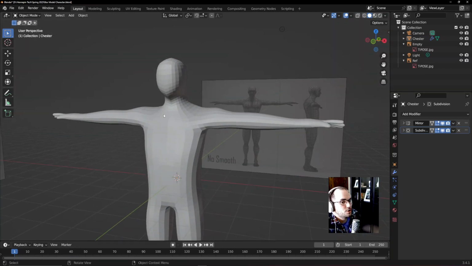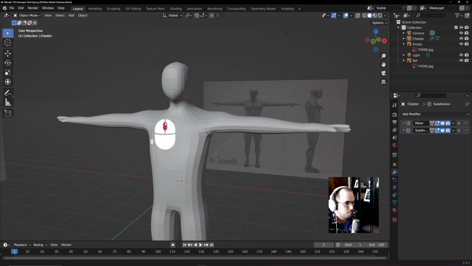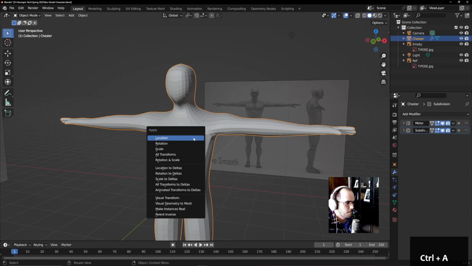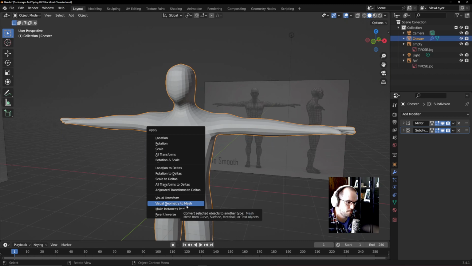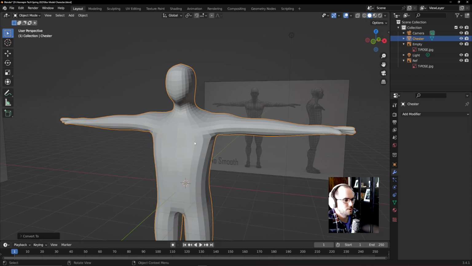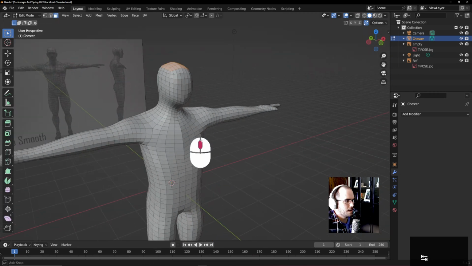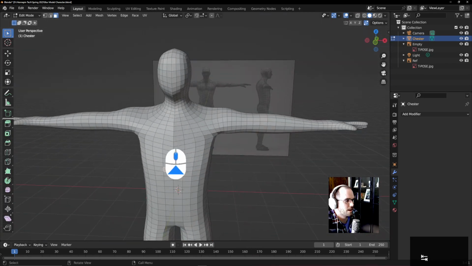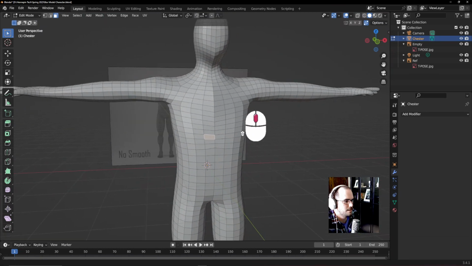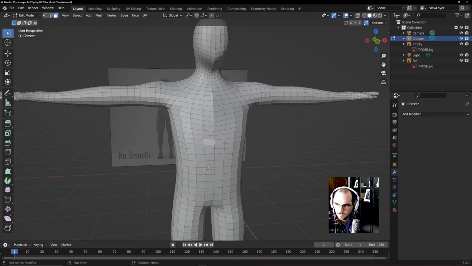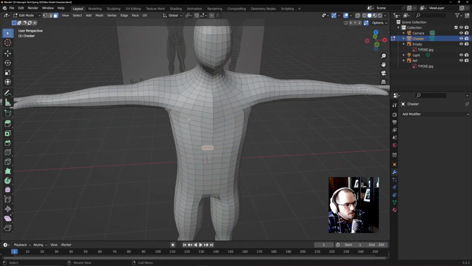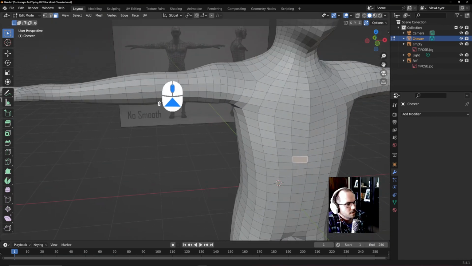Okay, so now the thing we need to do is apply the modifiers. So we can do Control A to bring up your Apply menu, and this is going to be Visual Geometry to Mesh. So like how it looks, it's then going to convert it to a mesh that looks exactly like it. Okay, so we do that. Our modifiers go away, and now if I go Tab into Edit mode, you can see that we have all of our polygons here working just fine. And looking at this a little bit closer, I maybe could have done a little bit better job